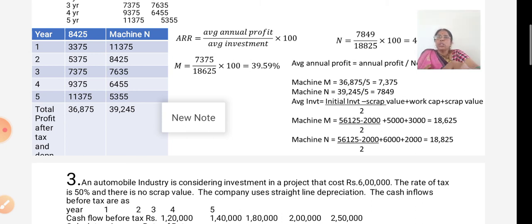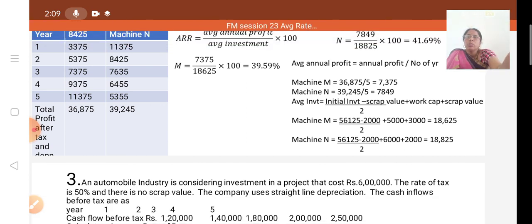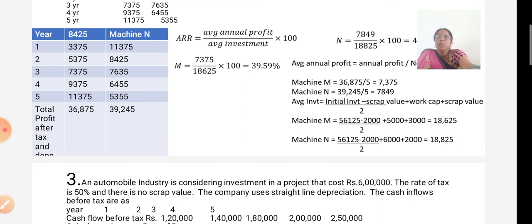So ARR is average annual profit divided by average investment, into 100. For machine M we have an annual profit of 7,375 divided by 18,625, into 100, that gives us 39.59%. That is for machine M. For machine N it is 7,849 divided by 18,825, into 100, which is equal to